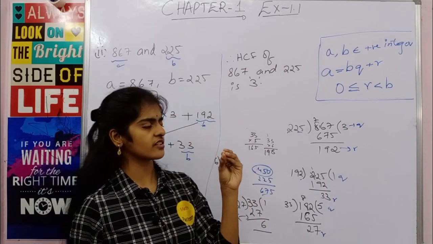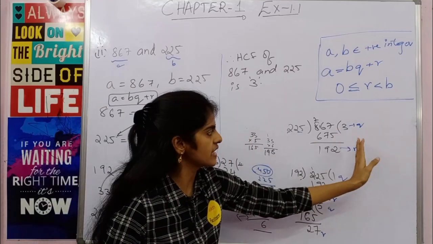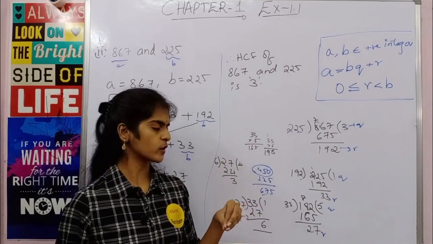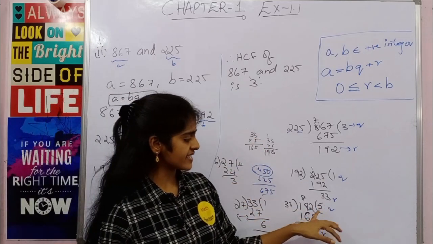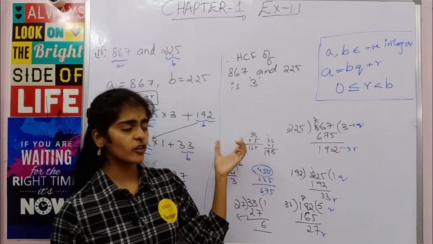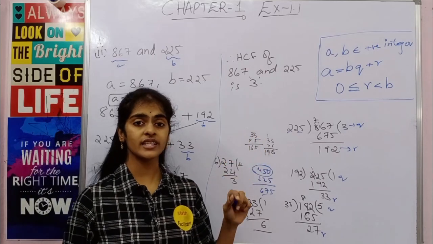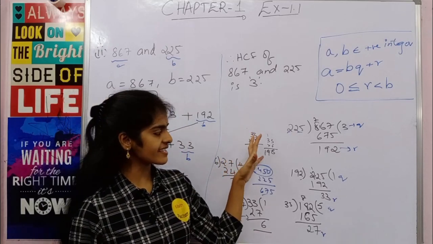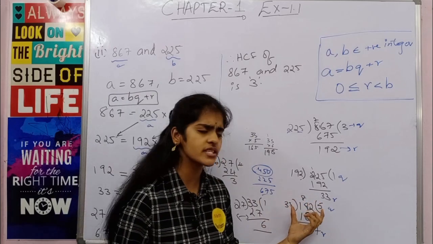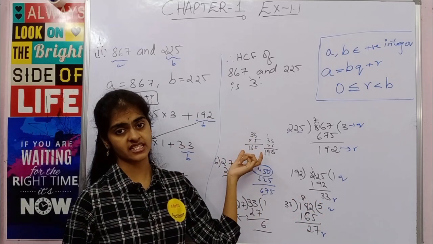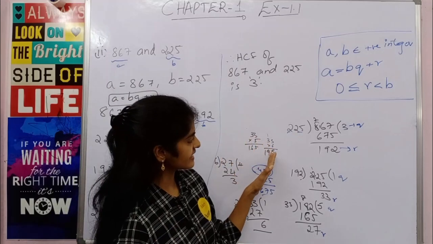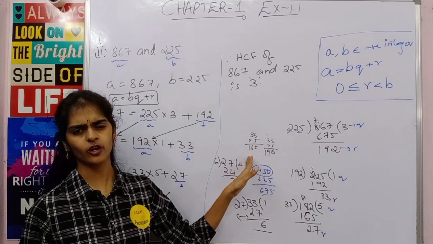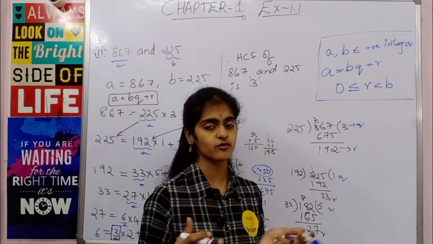I see many children just calculating 1 ones are 192, 2 twos are, 3 threes are, 4 fours are, which is a lengthy process. Otherwise, what you can do is, here you can see 33 5s are 165. Directly I have taken 5s. Why? Because you know 3 5s are 15, so you know that 30 5s are 150, right? So if I take 33 5s, I feel that I will get a closer answer. I have checked 33 5s, it is 165. But to make sure, I have taken 33 multiplied 6 times also. I got a bigger number, so I have taken 5s. So simple techniques. By practice, maths will be very easy, trust me.